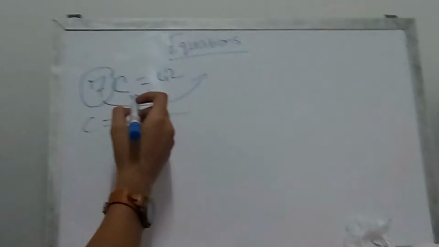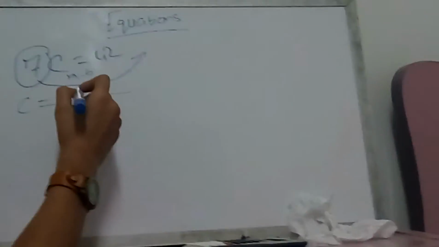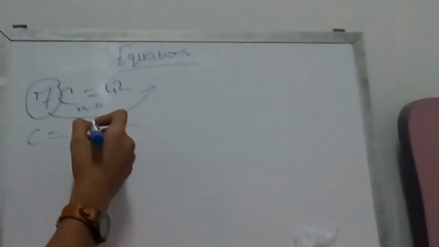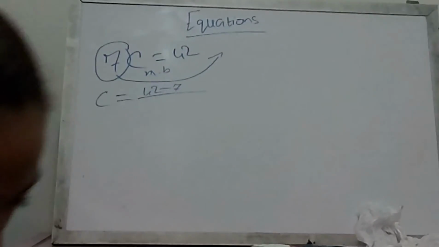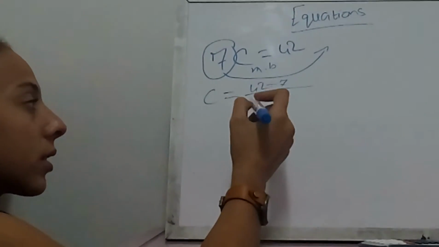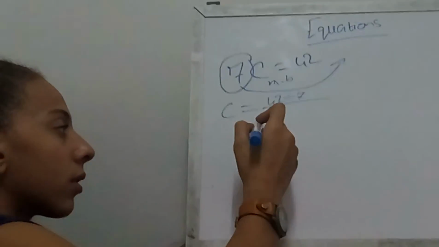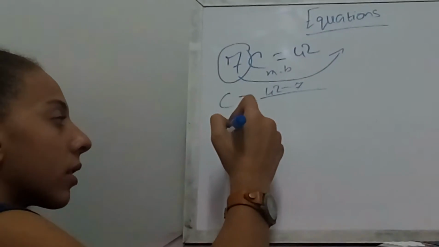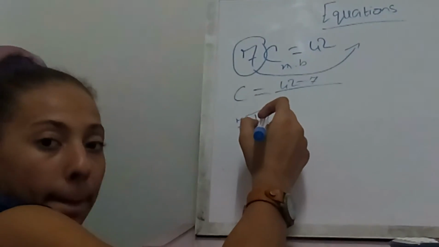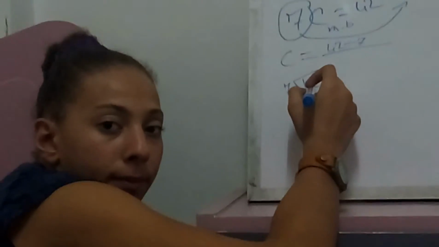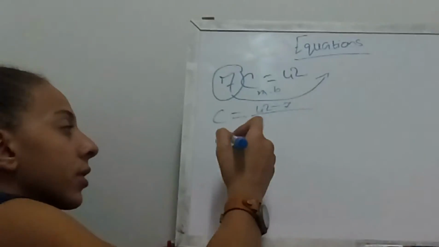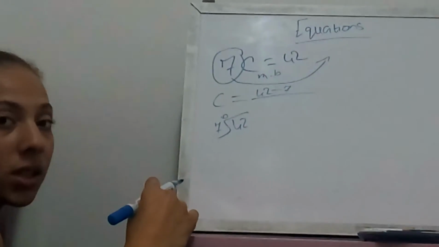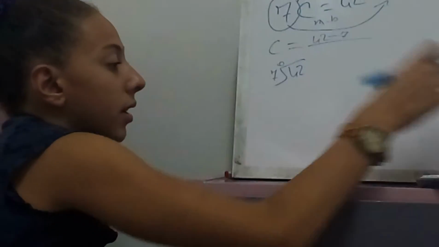So it will be 42 divided by 7. C equals 42 divided by 7. How do we know C? We do 42 divided by 7. We can do it. 42 divided by 7 is 6. Okay, so the answer will be